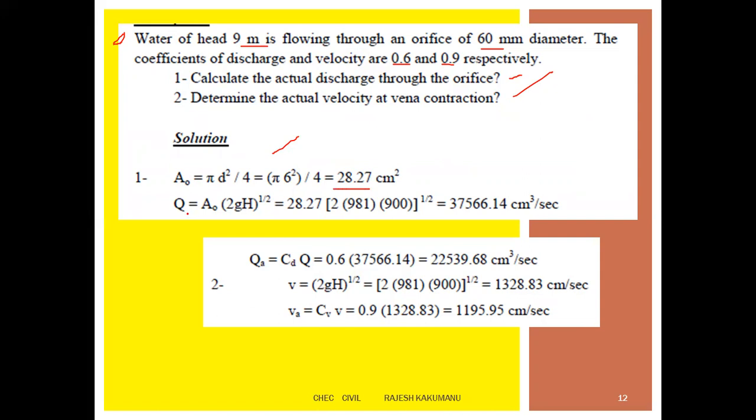Then what is the Q here? Q is equals to a naught into (2gh) to the power 1 by 2. What is a naught? A naught we already found, and 2 into g into h value. H is equals to 9 meters, into 1 by 2, and the values are converted to centimeters. Now